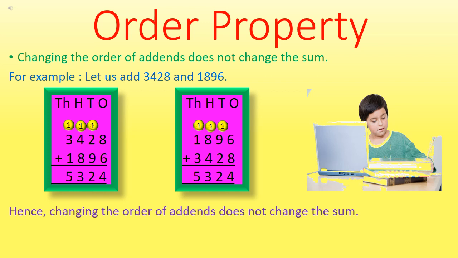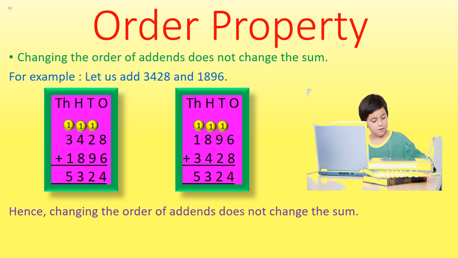And we add tens column here. 9 plus 2 plus 1 becomes 12 and we write 2 in tens column and carry 1 to the hundreds column. And we add hundreds column next, and here we add 8, 4 and 1. 8 plus 4, 12, 12 plus 1, 13. We write 3 in hundreds column and carry 1 to the thousands column. And we add 3 plus 1 plus 1 which becomes 5.